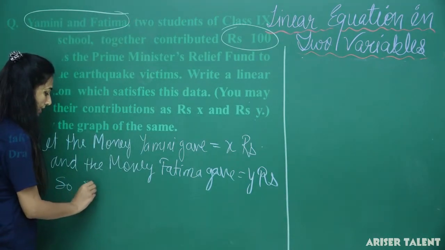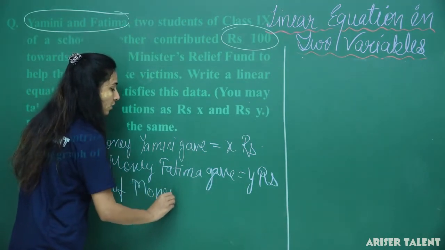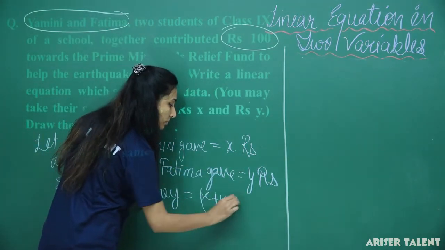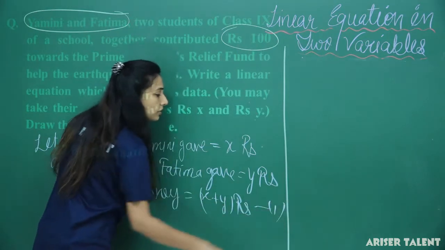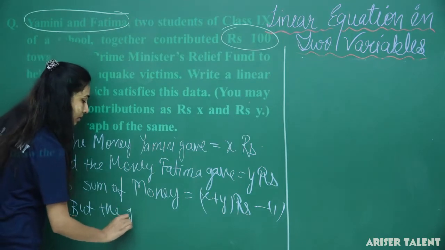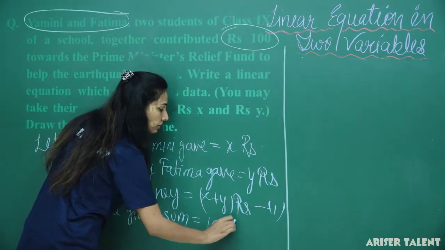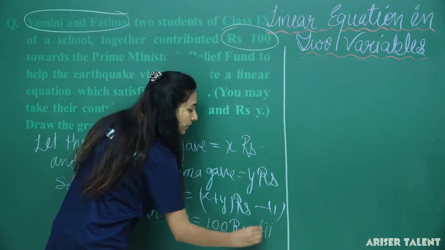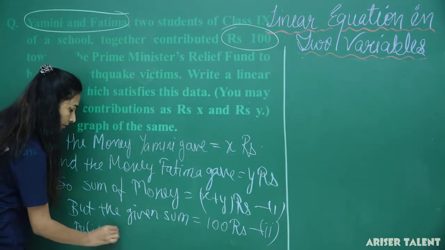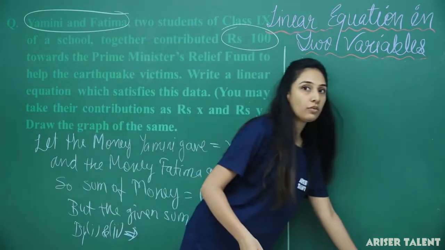So the sum of money is equal to what? X plus Y rupees, first equation. But the given sum equals 100 rupees, second equation. By first and second, this implies that X plus Y equals to